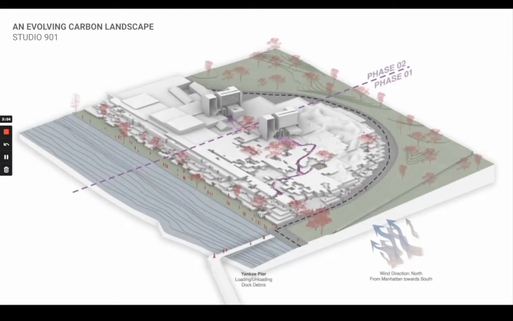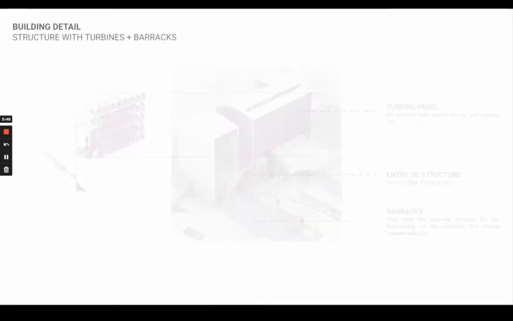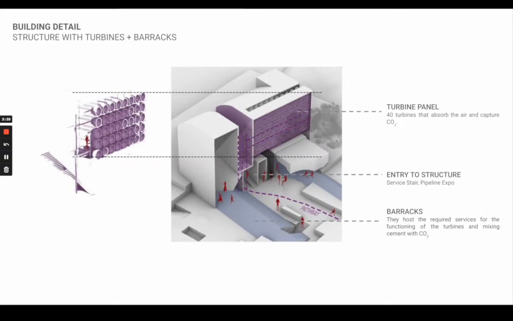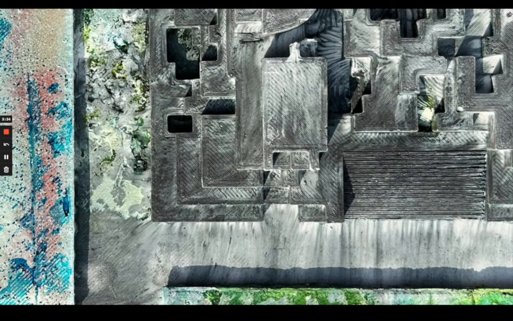Previously, we intervened on the Eastern Development Zone on Governor's Island to build an infrastructure that sequesters atmospheric carbon by installing techniques that capture the carbon and then later convert it into carbon concrete blocks, thus expanding upon the possibility of a new building material. Further, we use the blocks to build an evolving pixelated carbon landscape.